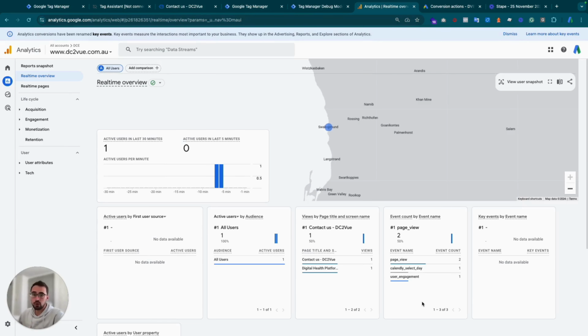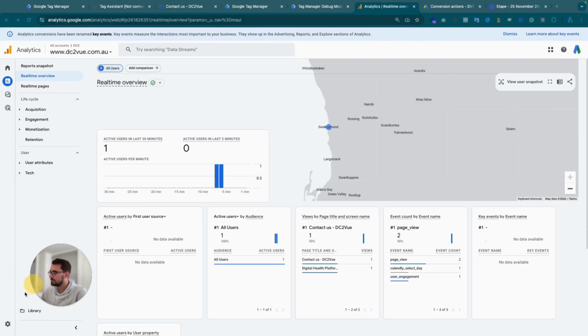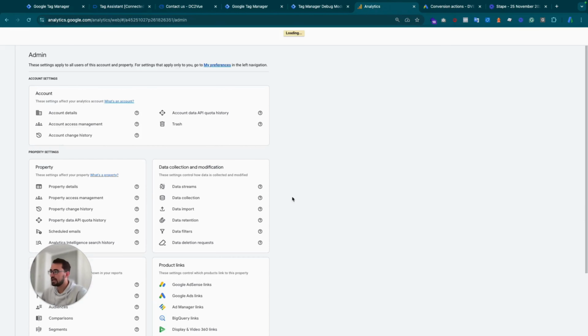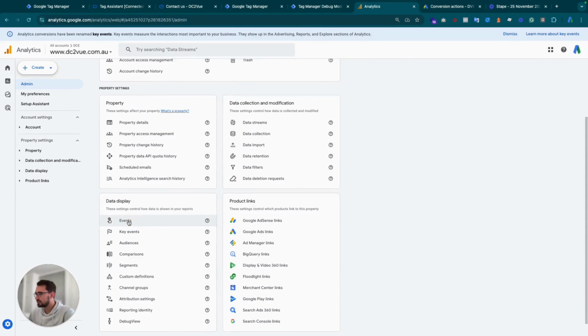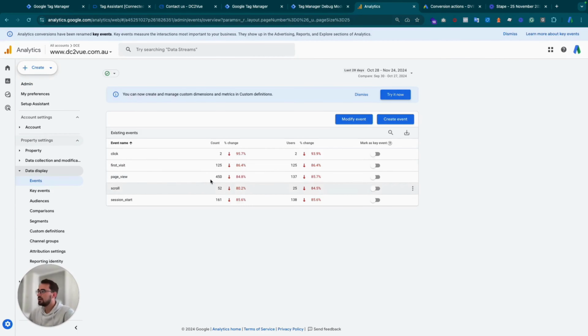So don't be worried if you don't see it inside of the real-time report right now. The best way to actually test whether it is working is the next day, at least 24 hours later. You can head into the admin section, then navigate to the events section under data display. In here, you will then see all of those events pop up. So you'll have your contact form, your view item, your newsletter form, and whatever else you would like